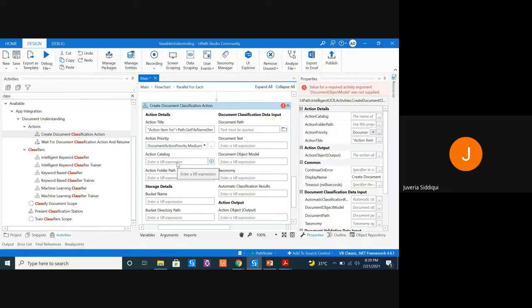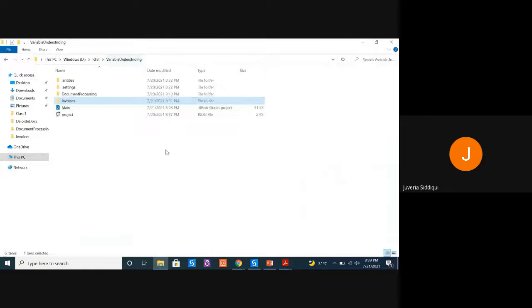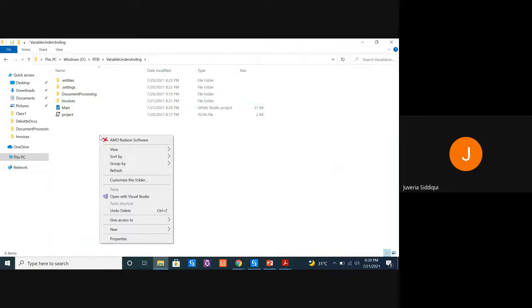Priority is medium. Action catalog, giving one is totally your choice. What I want is that whatever my bot classifies or I perform as an action, I want it to be stored somewhere.